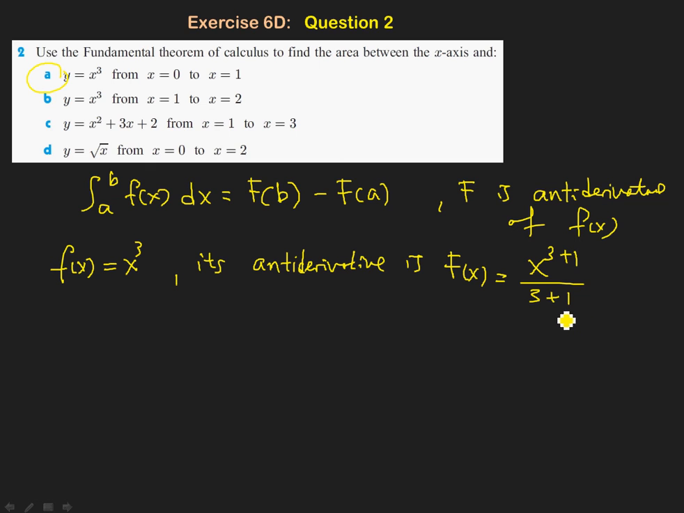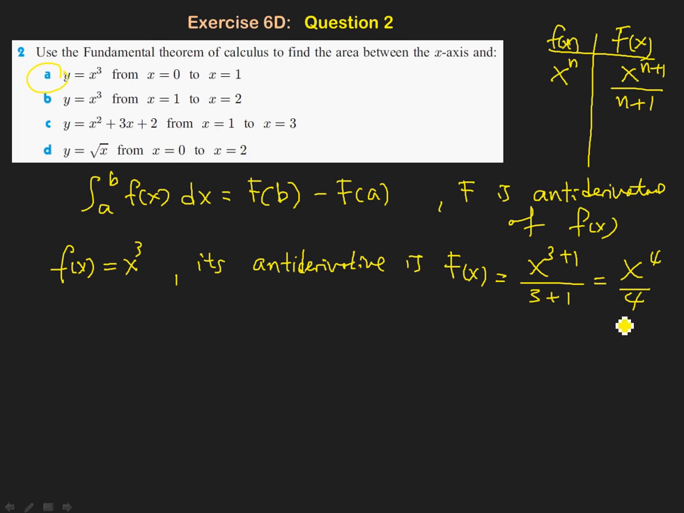Now why do we know this? Because there's a table of antiderivatives, and if the small f is one of these, according to the table, the result big F(x) here will be x^(n+1) divided by n+1. So we're using this table directly, and the n in our example is 3. So 3 plus 1, which is clear, and so therefore